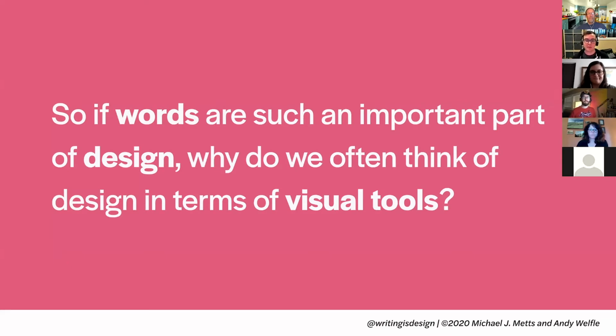So if words are such an important part of design, why do we so often think of design in terms of visual tools? Figma, Adobe XD, Sketch, Origami, all of these tools that let you draw triangles or rectangles, I don't know my shapes today, on a screen. And they do let you put words there, but often there's not very good word management or text editors there.